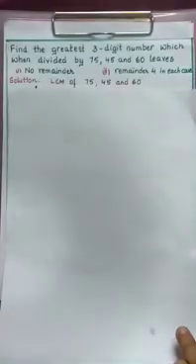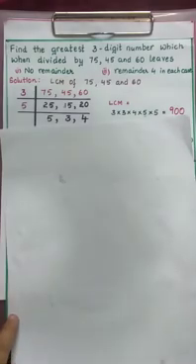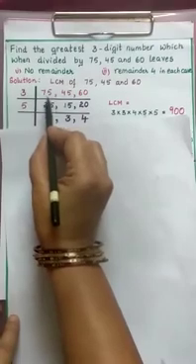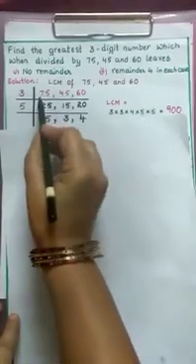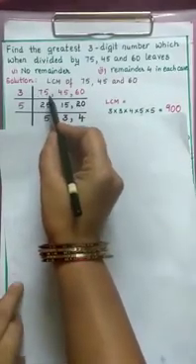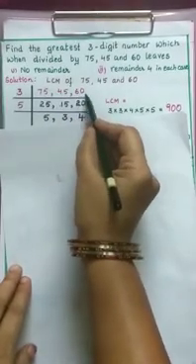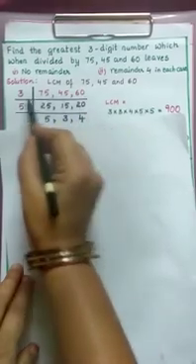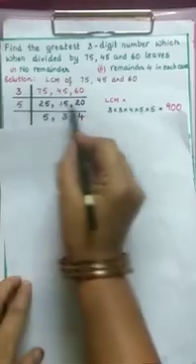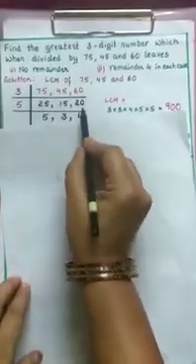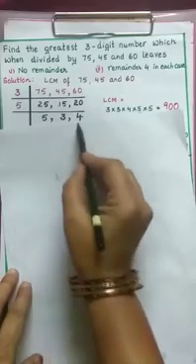Now again what we have to do here, we have to find the LCM of 75, 45 and 60. Let us find here. In all these numbers the ones place is 5 or 0. Or else, the sum of digits: 7 plus 5 is 12, which is divisible by 3. 4 plus 5 is 9, divisible by 3. 6 plus 0 is 6, divisible by 3. So all these numbers are divisible by 3. So 3 25s are 75, 3 15s are 45, 3 20s are 60. Again these three numbers are divisible by 5. So 5 5s are 25, 5 3s are 15, 5 4s are 20.